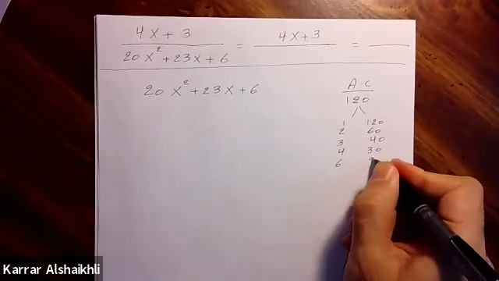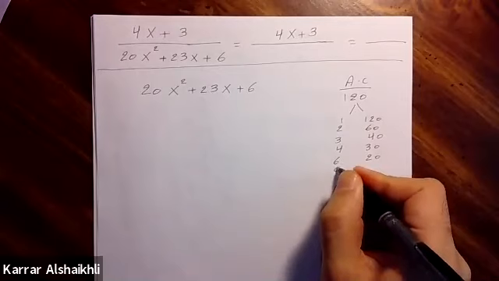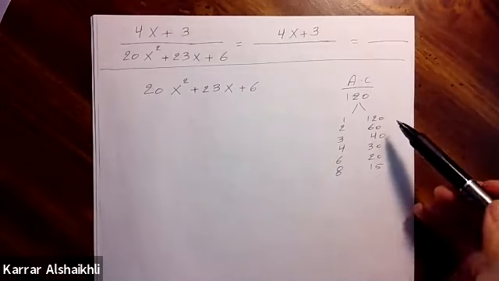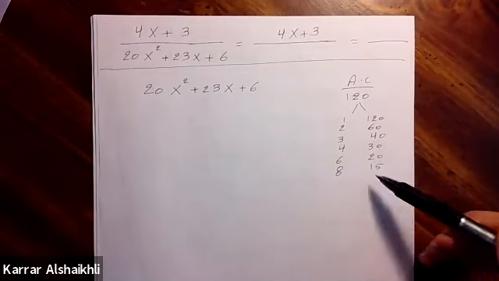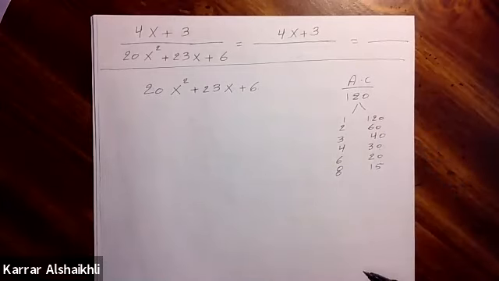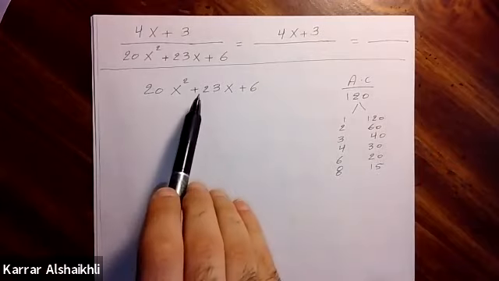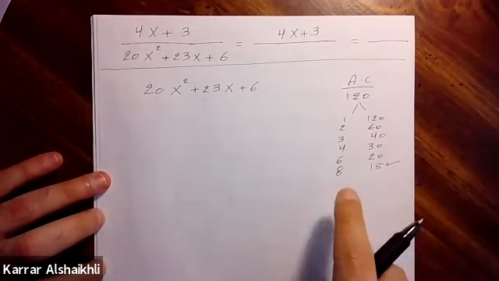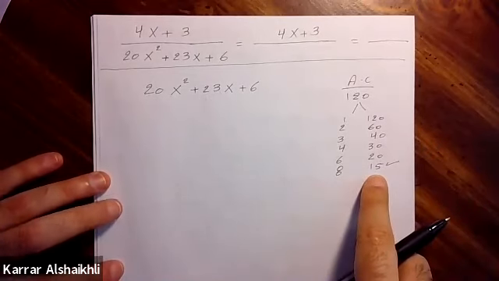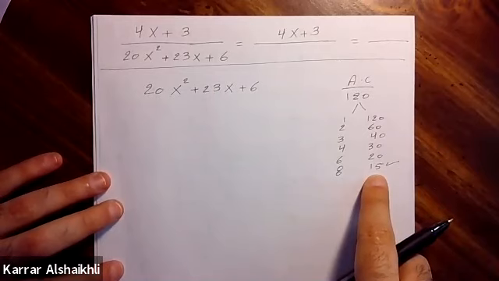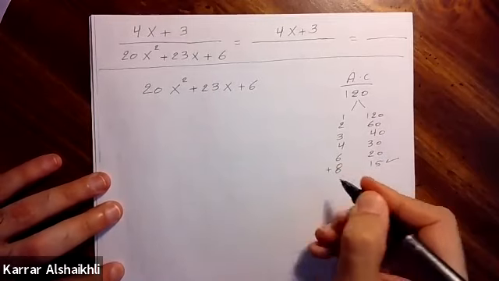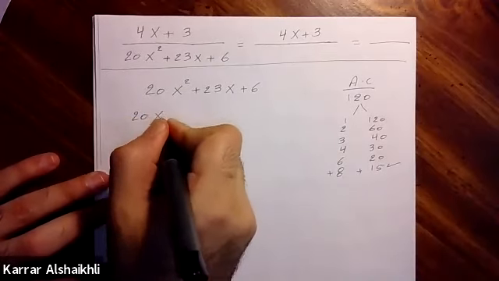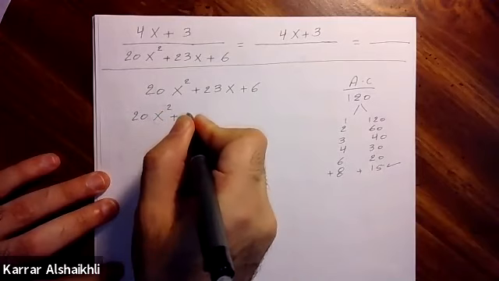With 6 is going to be 20. With 7 you can't. With 8 is going to be 15. You see how many options do I have? 1, 2, 3, 4, 5, 6. Which option I'm going to use to get 23? The last option, which is the only one, because 8 plus 15 is going to be 23. So I'm going to use this one, plus 15. So here is the 20x squared, plus 8x,